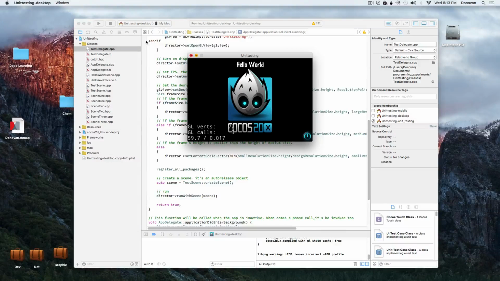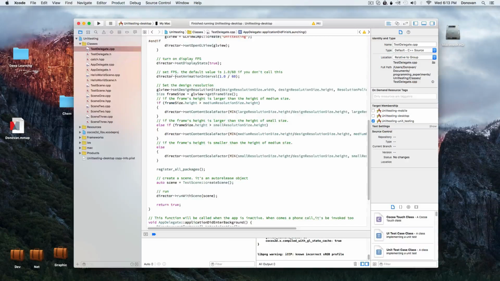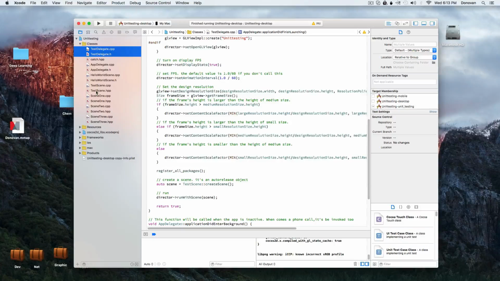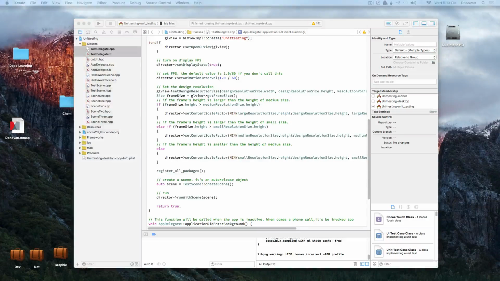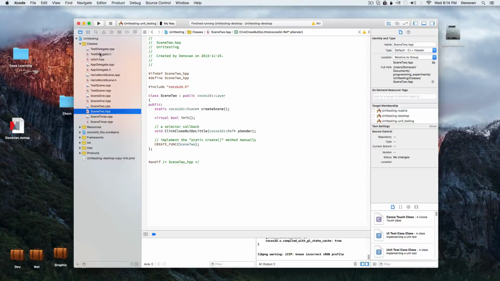So now we will start adding the Catch framework itself to the test delegate. The Catch framework is quite interesting because most unit testing frameworks have their own main function, but Catch is one of the ones that does not have to have that. It will if you set the right define. But if you set it to